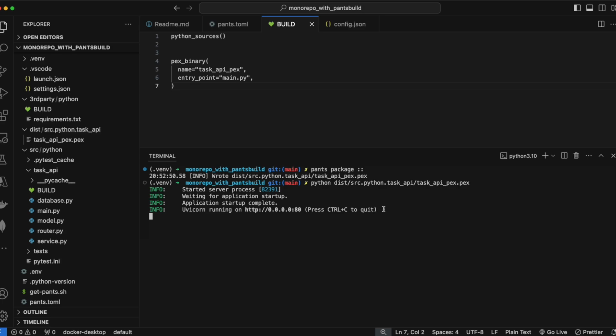Good. So we see that the PEX file runs. And this is really, really good because it built the PEX file, one single file, and it built it for my system. So there's this idea called a platform where you have to tell PEX what build it is building it to, right? You could build to multiple platforms because when you're talking about Docker, usually maybe you're working on a Windows,